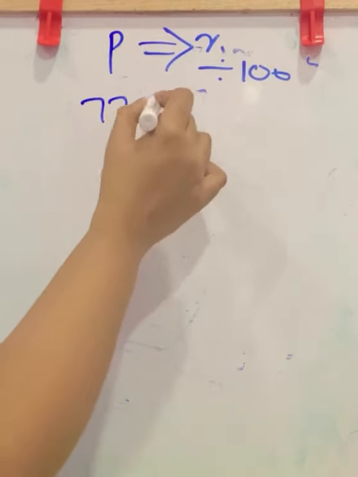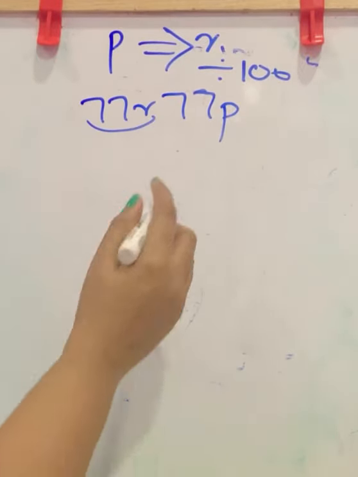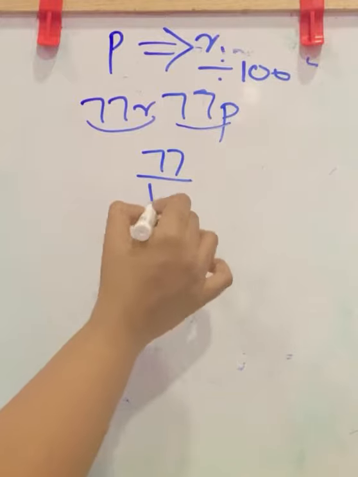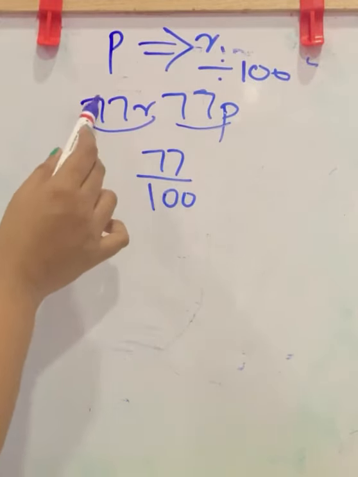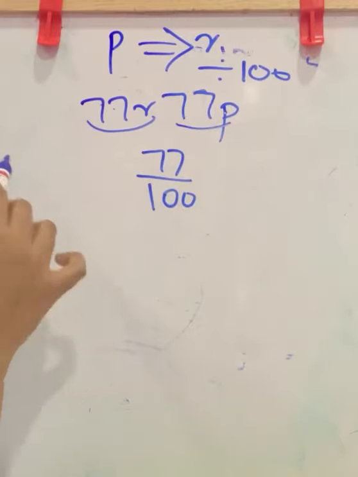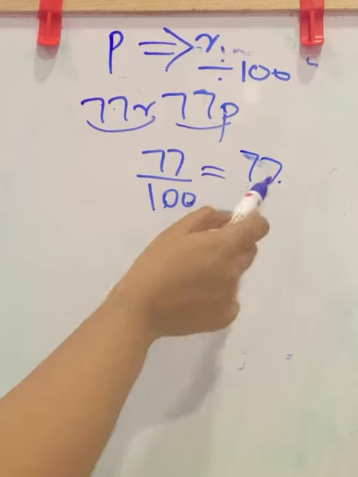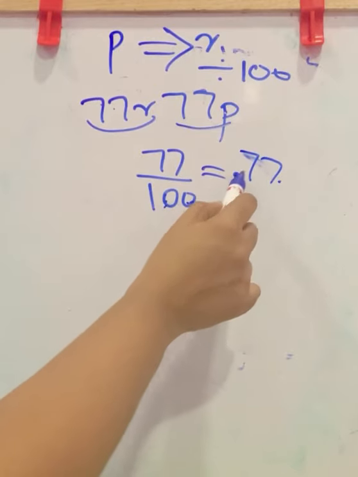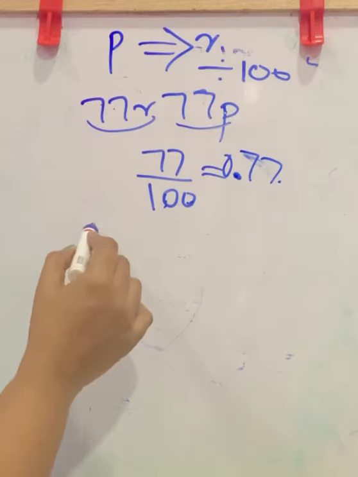Next, 77 rupees 77 paise. Here this is already in rupees, so you don't want to convert it. Here 77 by 100. This is paise. You want to convert this into rupees. Then only you can add with this. Otherwise you can't add. So this becomes, here will be the decimal. So 2 places to the left, it reaches here, 0.77. That is 0.77. Now add this to the rupees.